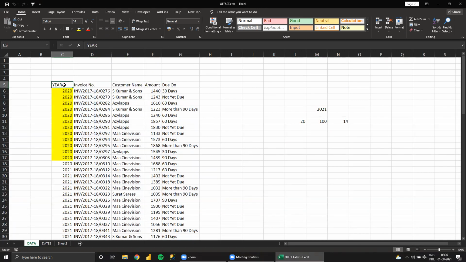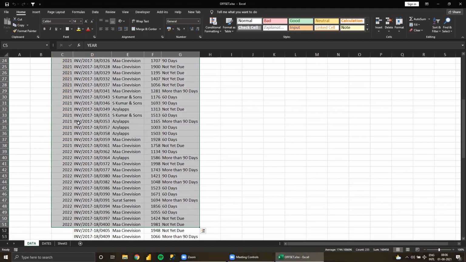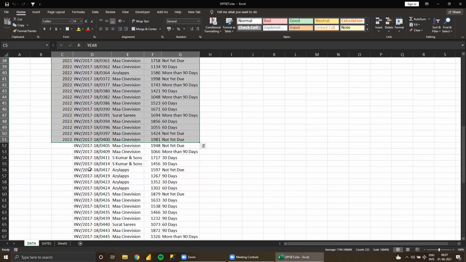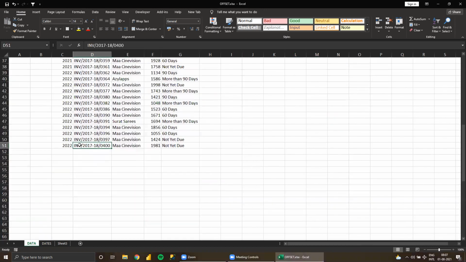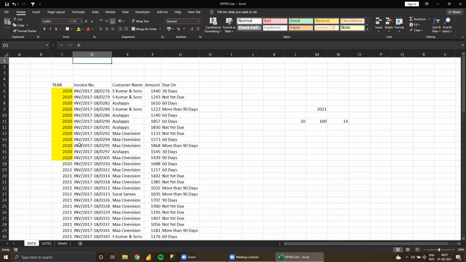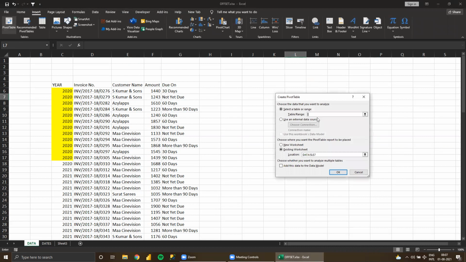This range we need to use for the pivot table. So how do we select to the extent of the data? This is what we are going to see. Very important again. Normally for the basic pivot table, we go to Insert, then insert pivot table, then the table or range, right?